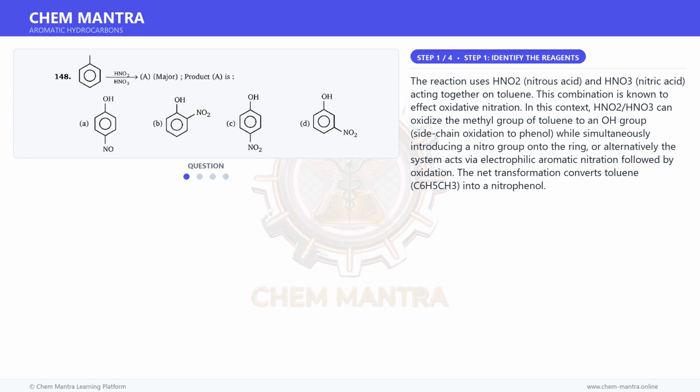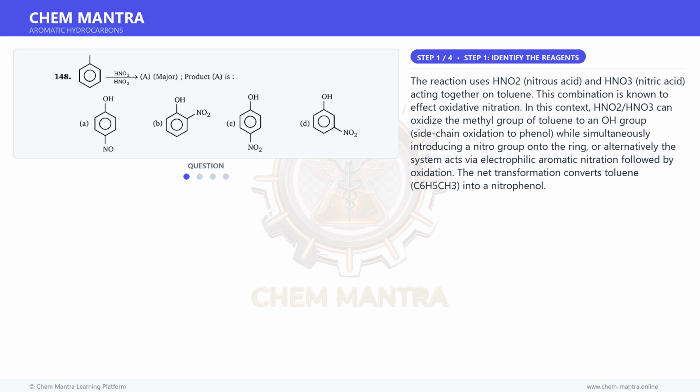The reaction uses HNO2, nitrous acid, and HNO3, nitric acid acting together on toluene. This combination is known to effect oxidative nitration. In this context, HNO2 and HNO3 can oxidize the methyl group of toluene to an OH group, side chain oxidation